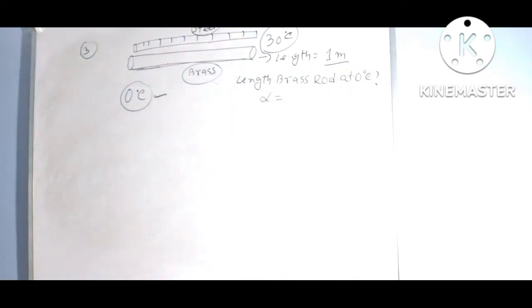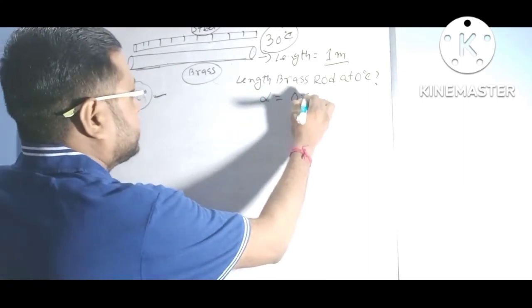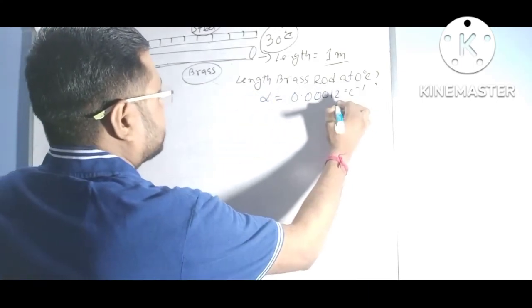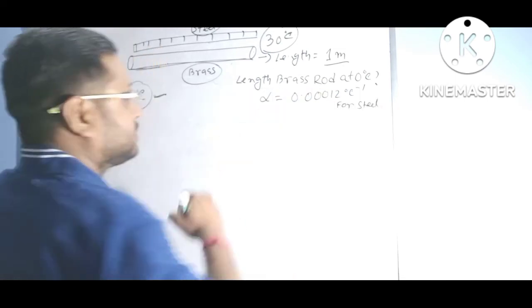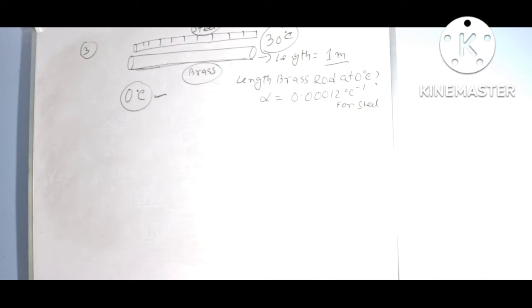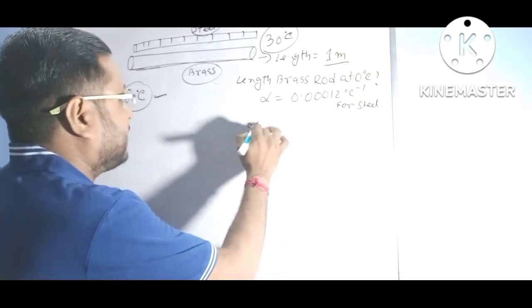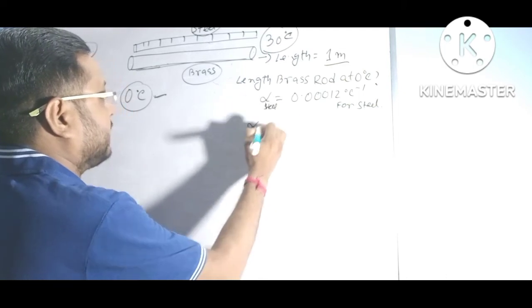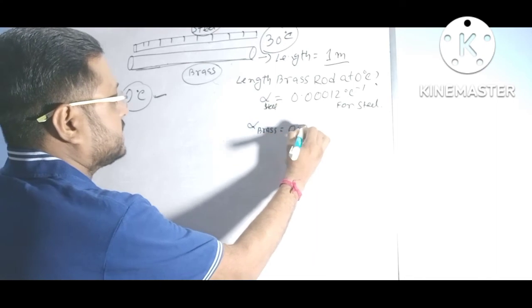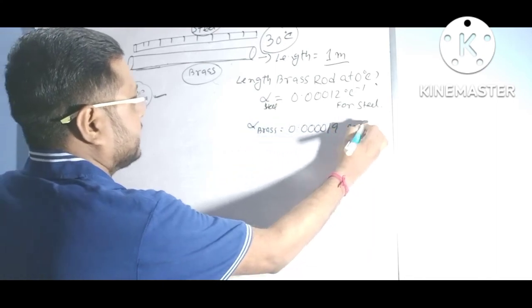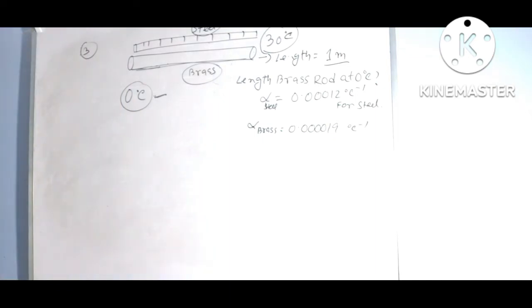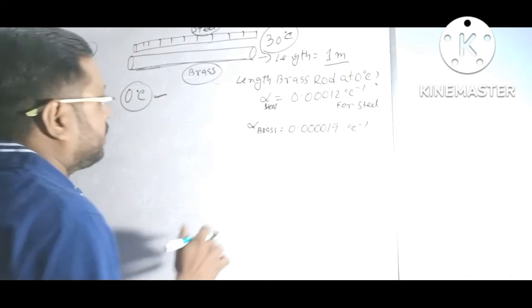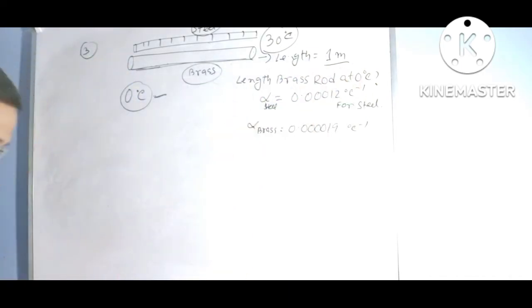Given alpha, अल्फा दे दिया है, गिवन अल्फा फॉर स्टील इज 0.00012 डिग्री सेंटीग्रेड इनवर्स फॉर स्टील। स्टील स्केल का जो लीनियर एक्सपेंशन है वो है 0.00012 पर डिग्री सेंटीग्रेड। एंड ऑल्सो अल्फा स्टील and alpha brass is given 0.00019 degree centigrade inverse, 0.00019 डिग्री सेंटीग्रेड। तो हम कैसे इसको निकालें? ध्यान दीजिए।